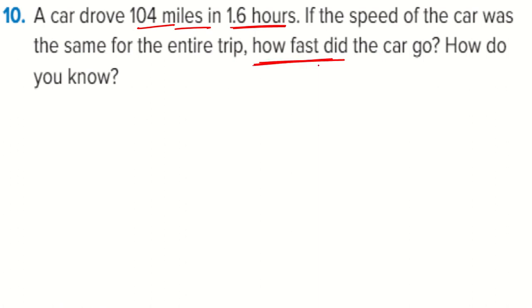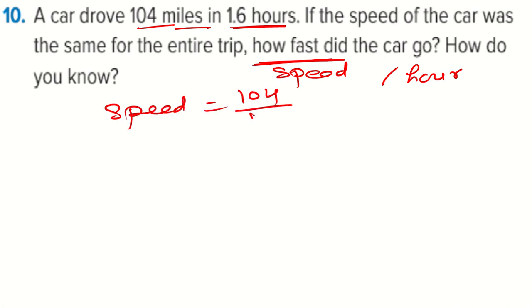How fast means you have to find the speed. And speed means per hour. And per hour means from 1 hour, so you will have to divide it. So speed is equal to 104 over 1.6. So again the same thing here. You have a decimal point after that. You have one number, so put 1 0 here and cancel the decimal point. And this is